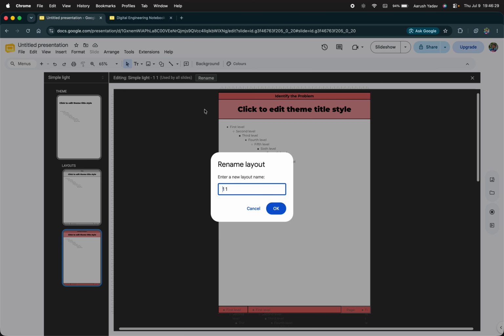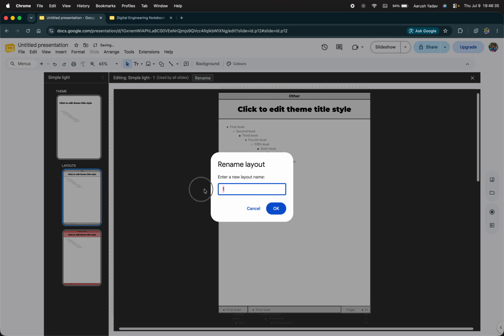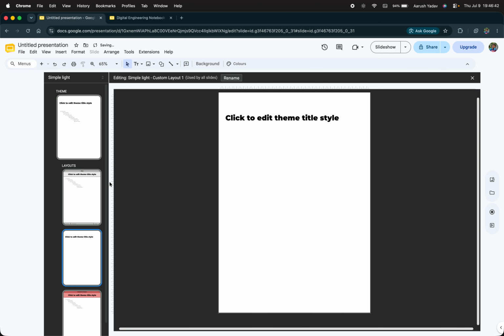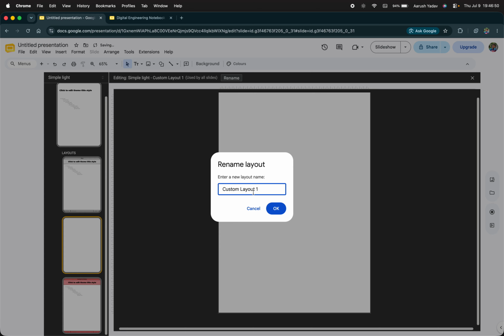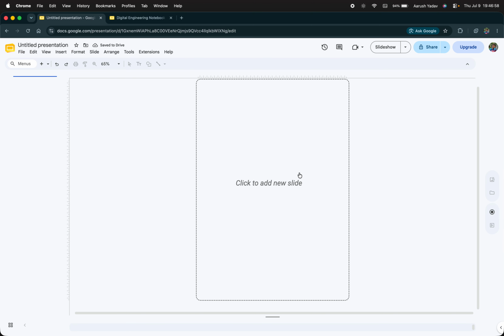And the good thing is, let me just rename this to identify and this to other. Obviously you do this for more slides, and I would also recommend just make a completely blank one just in case you need it. So let's just delete that. Often this is used for the title slide, and just call this blank. When you have these, if I hit the X, now when I make a new slide,